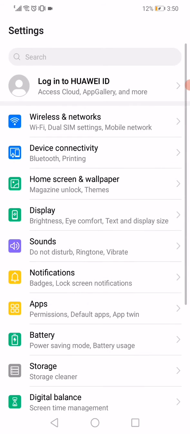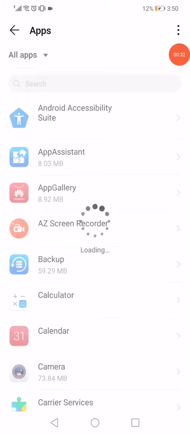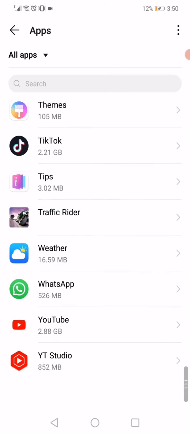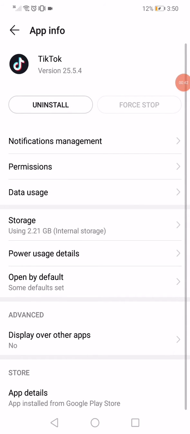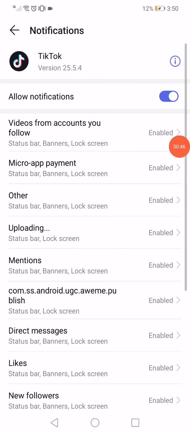After that, go back and go to the apps right here. Scroll down until you find TikTok. If you don't find it, just search for it here in the search bar. Click on it like this, and then on this page go to the notifications management and make sure to